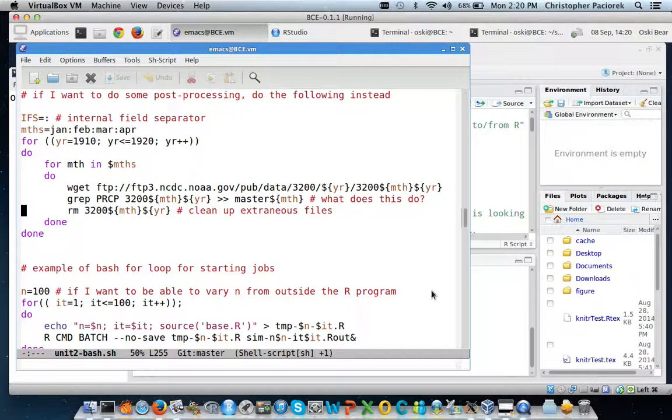Okay, so Kelly, what do you think this is then doing? Once we get one of these files that represents a year and a month, is Kelly here? Yeah. What's going on here? So it looks for PRCP in each row of that file. Yep. And then takes those rows and